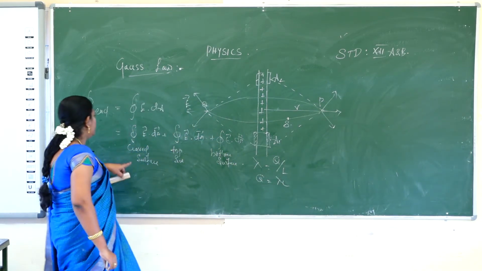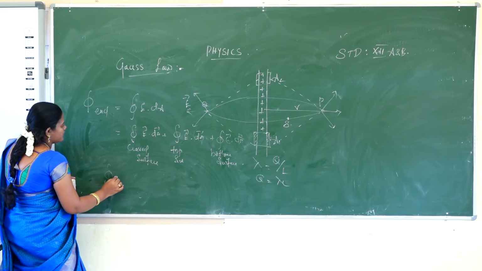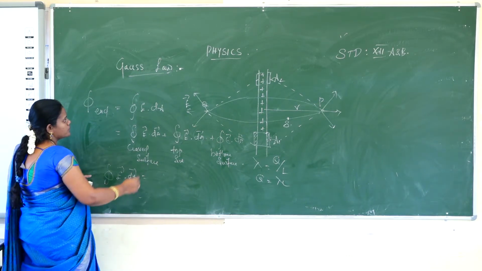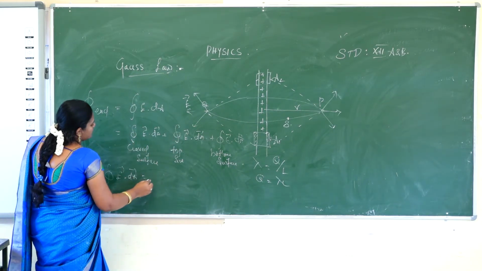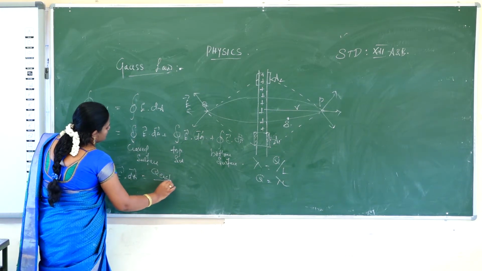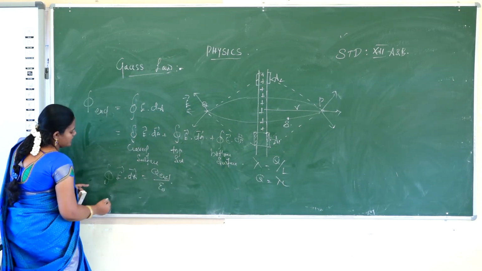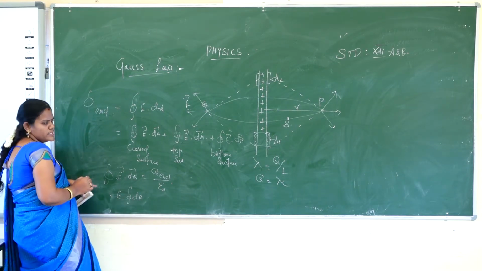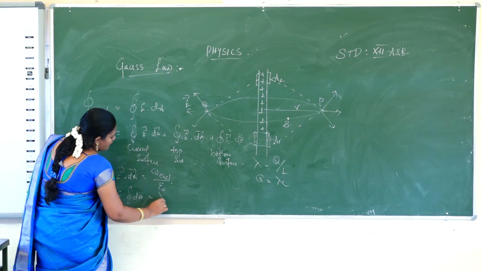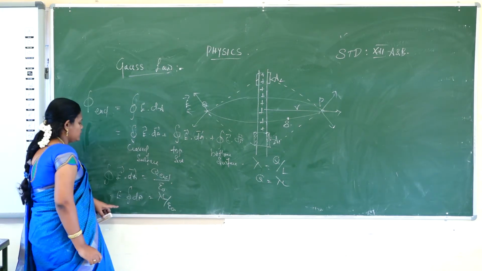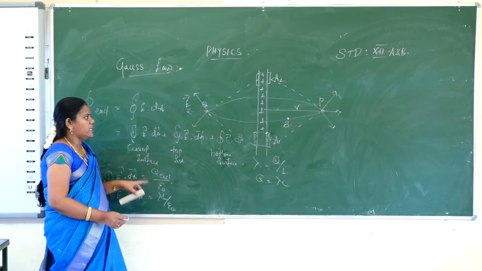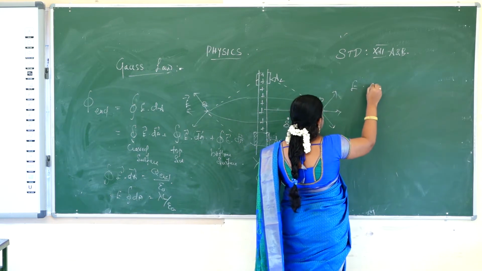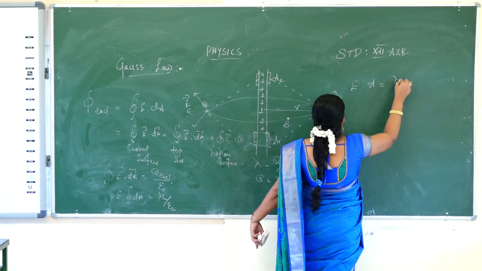Okay, so over the curved surface, the closed integral of E vector dot dA vector is equal to Q enclosed by epsilon naught. So the integral of E dot dA is E times the integral of dA, which equals lambda L by epsilon naught. The closed integral of dA is equal to A. So E times the integral of dA is equal to lambda L by epsilon naught.